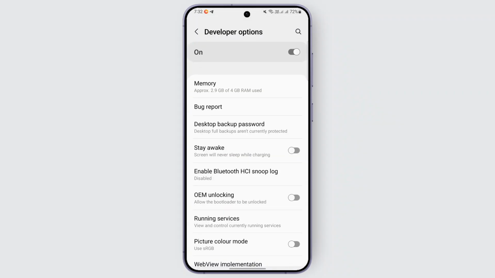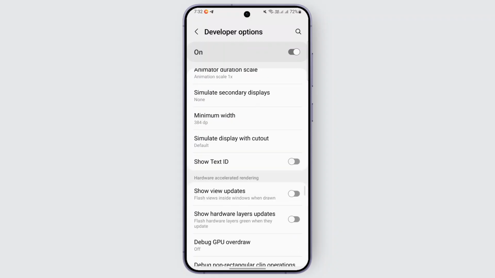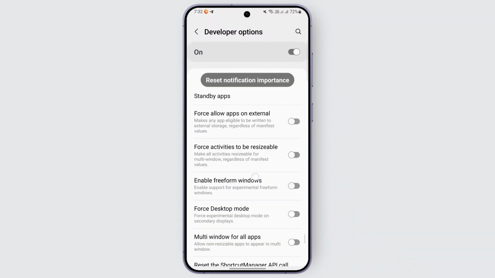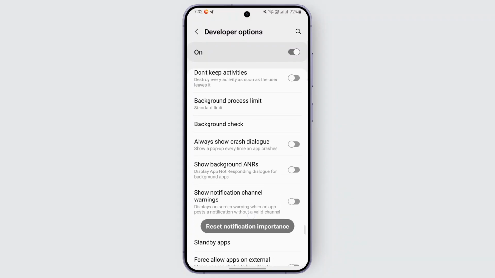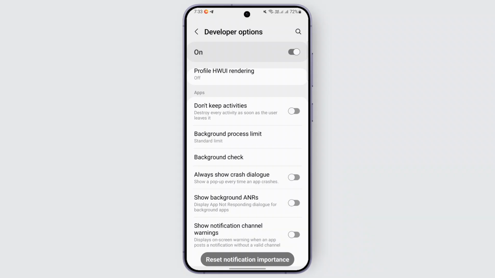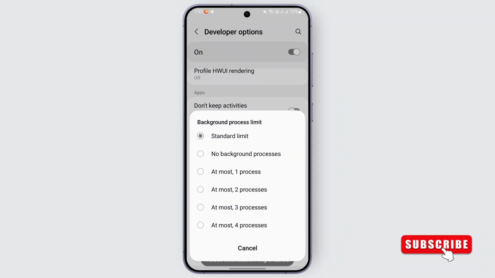and from developer options you need to scroll down until you reach the section of background process limit, which is under apps. So just go ahead and look out for this and tap on it. Now what you can do is look out for background, which is usually set by default on standard